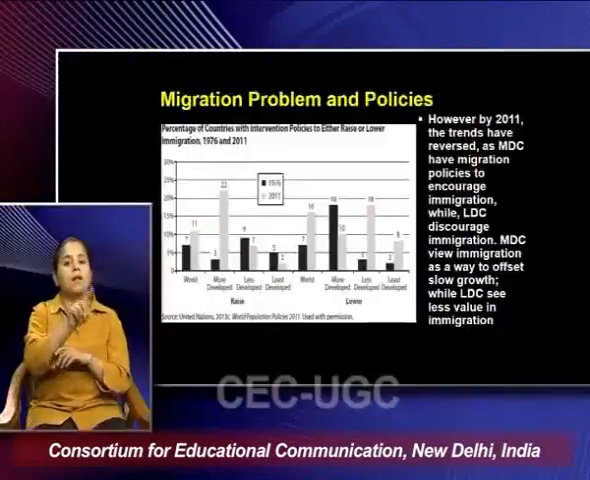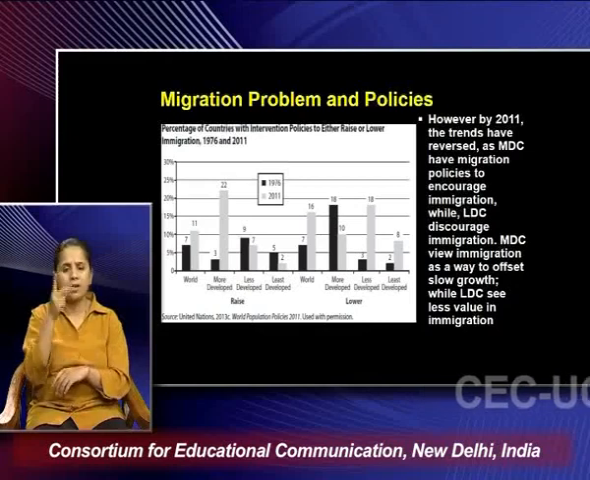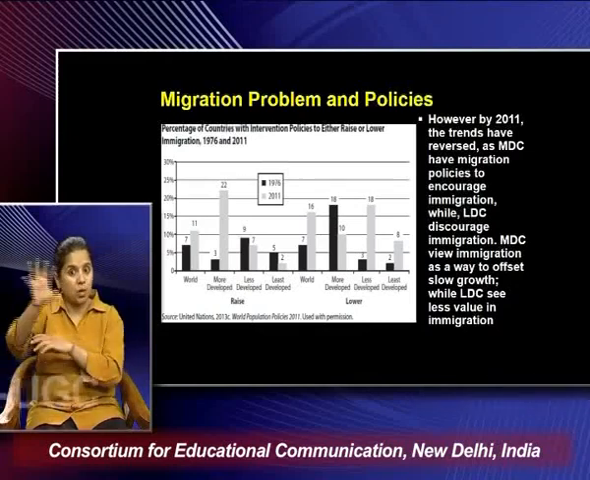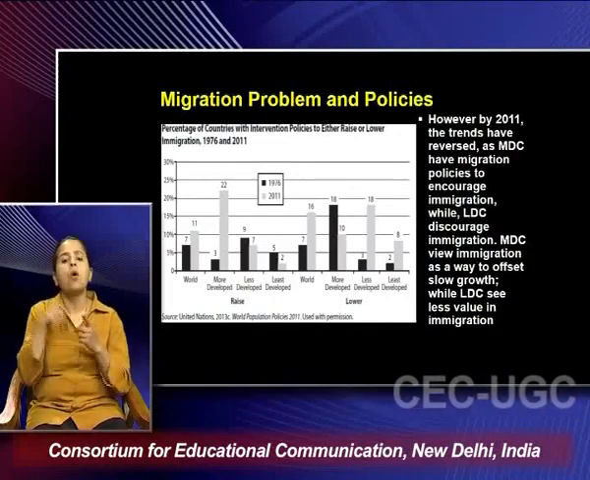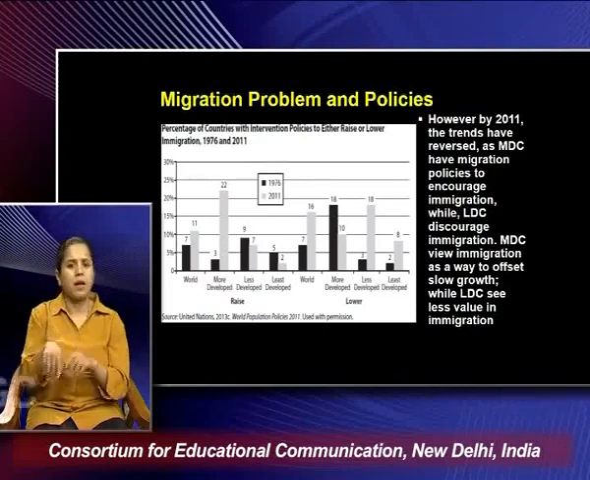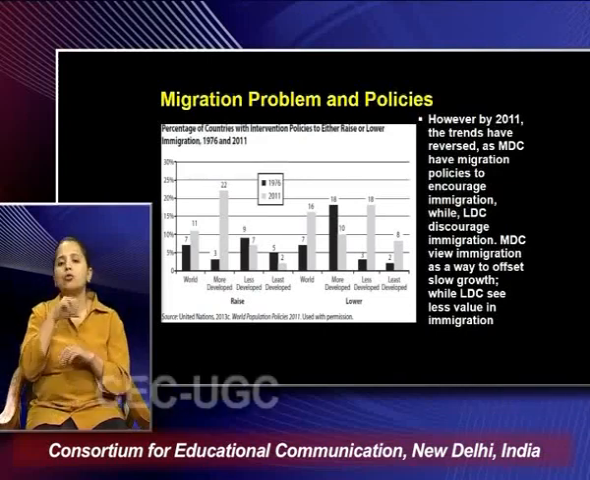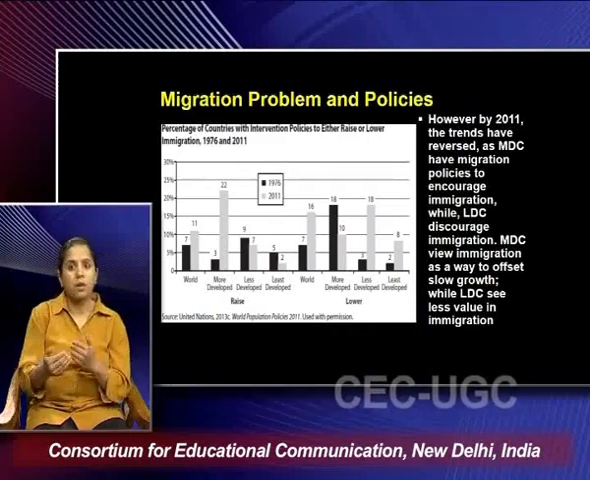If you look at the UN statistics of 2011, the trends have reversed, and you can observe that most developed countries today have migration policies to encourage immigration. This is largely driven by population aging, wherein there is a scarcity of people in the working age group, and because the wage rates of the native population are very high, instead of working with people who are very senior, they are looking for people from abroad who are young, early in their lifetime, and can work at lower wage rates. On the other hand, the less developed countries are now discouraging immigration,